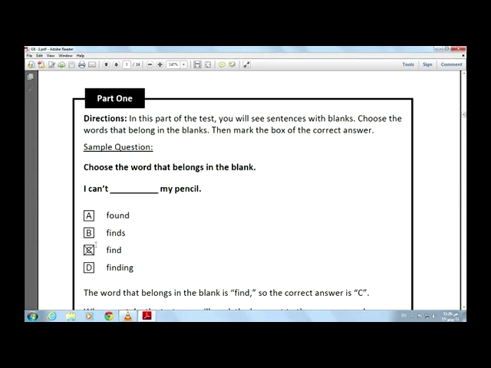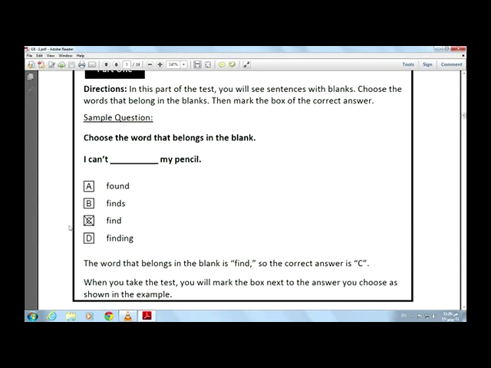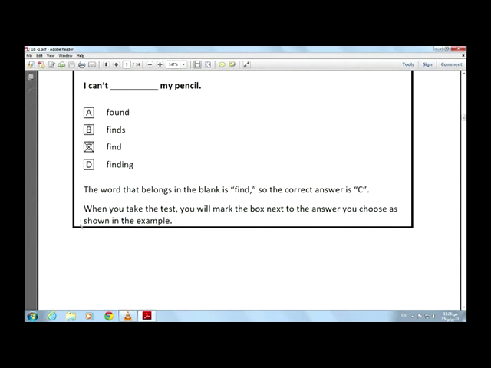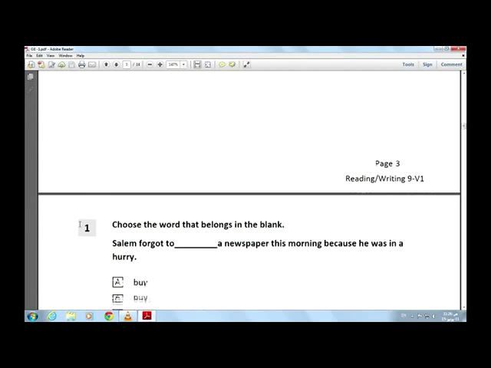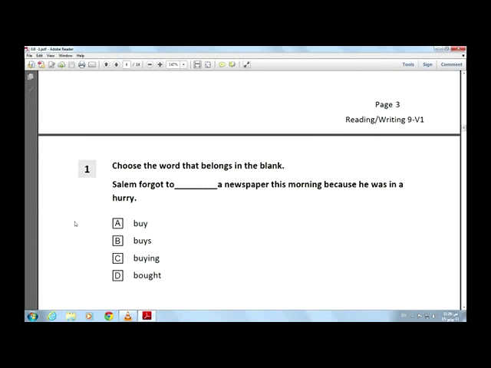For example, here the correct answer is Z. So inside the square you have to put X. This is a sample of the questions. You leave it without any answer, or it's already answered. So you move to start with your questions. For example, here they ask you to choose the word that belongs in the blank. Then we have a question or a sentence with a missing word, and you have to fill the space